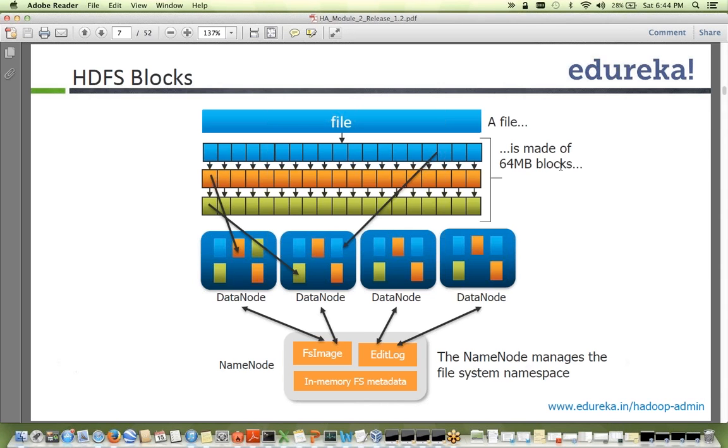So Sanjay has a question. When a data node goes down, is the block info removed from the FS image? So the FS image is basically the image that came up. As I said, there's in-memory file system metadata. Whatever blocks are on a data node are in the name node's memory as a bitmap. If a data node goes down, the name node will not receive any heartbeat, and it will mark those blocks for that data node as stale, and it will try, based on your replication factor,